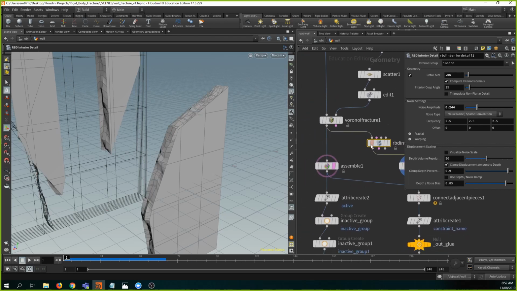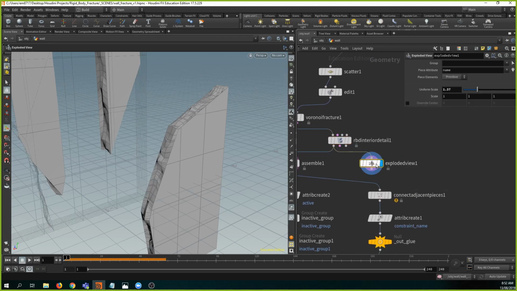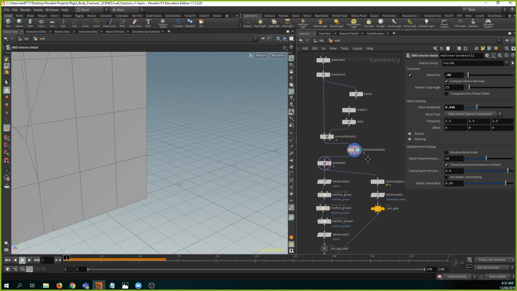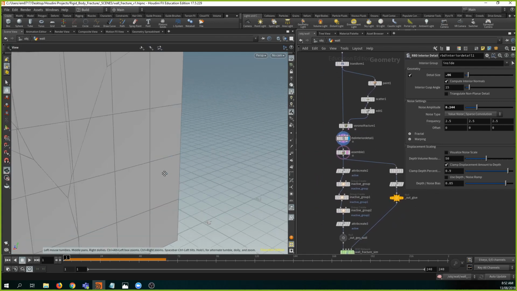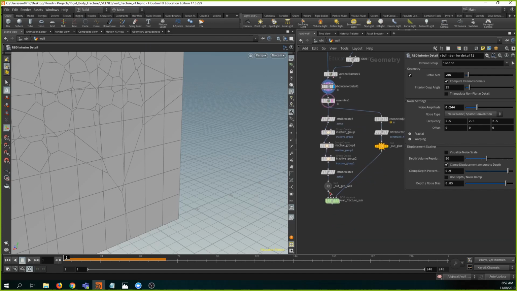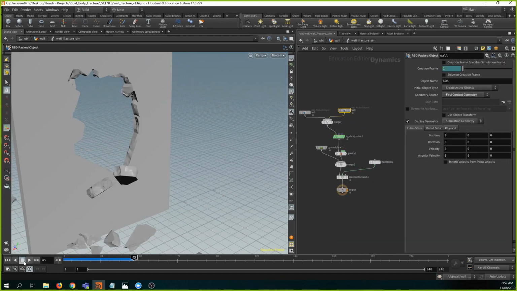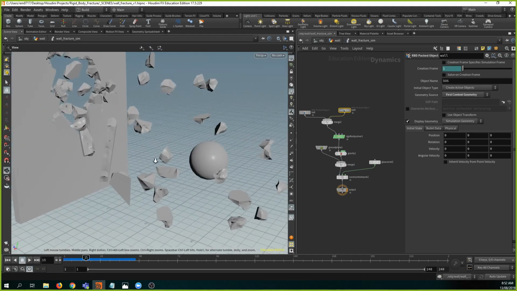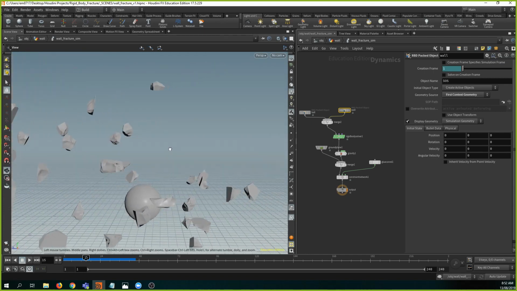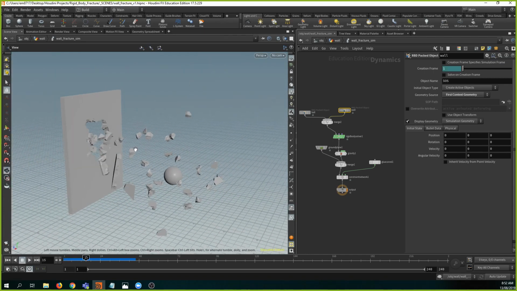Okay, so now I feed that back into my network. So I don't need that exploded view anymore. So there are some details now. If I play it, get inside. So now you see that these pieces also have a decent amount of detail. Okay, so that was a simple